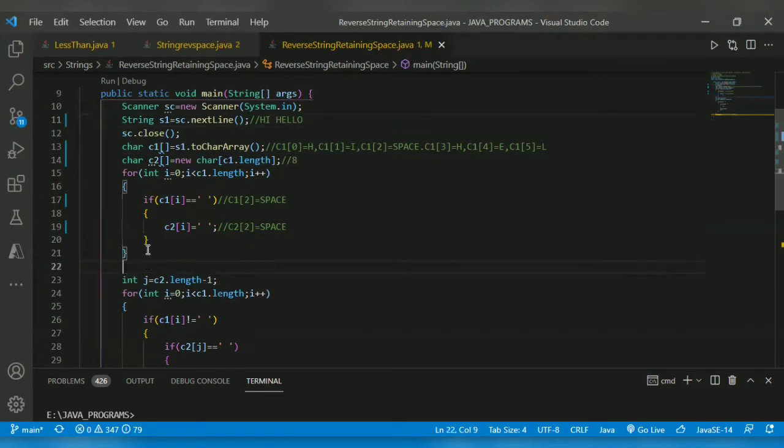So after that loop execution, the c2 array will become: c2 of 0 by default contains 0, c2 of 1 is 0, c2 of 2 is space, c2 of 3 is 0, c2 of 4 is 0, c2 of 5 is 0, c2 of 6 is 0, c2 of 7 is 0.